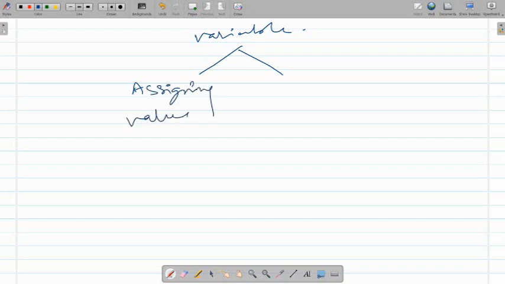Good morning class. Today we are going to see how to create variables. So in Python we can create variables in two manners. One is by assigning values, and second one is by using the input function. So let's start with this. If you are going to assign the value, that's simple.